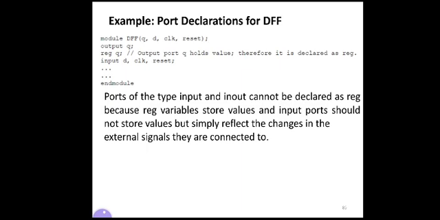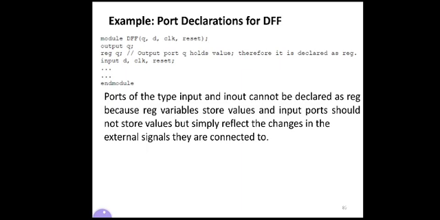Ports of the type input and inout cannot be declared as reg. Remember, if you have input or inout in your module, you should not declare them as reg, because reg variables store values, whereas input ports should not store any values. They are only going to reflect whatever changes happen in the external signals.